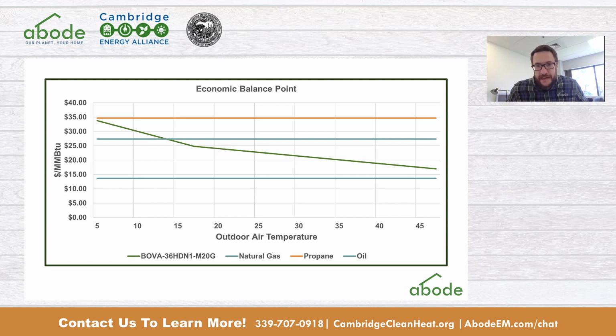Gas is cheap right now. It's hard to imagine that it'll be as cheap as it is today next year. Right now on the electricity side, when you pay your electric bill to Eversource, you're paying for EV charging, you're paying for the Mass CEC program, you're paying for the Mass Save program, all of those things that make Massachusetts number one in energy efficiency. Those fees are all tacked on to the electric bill. At some point, that's likely going to need to change,